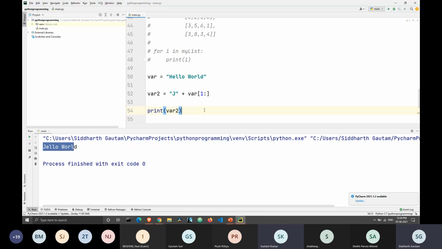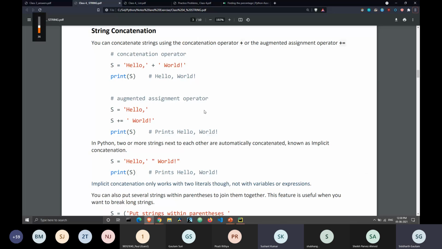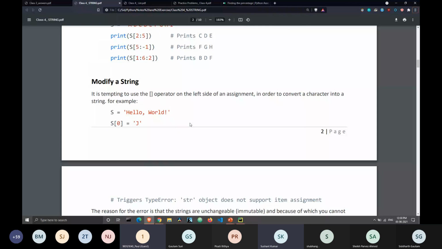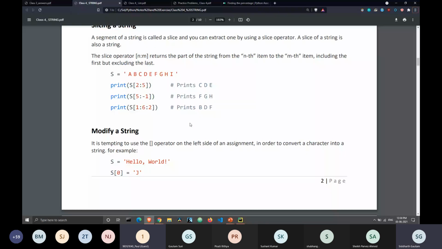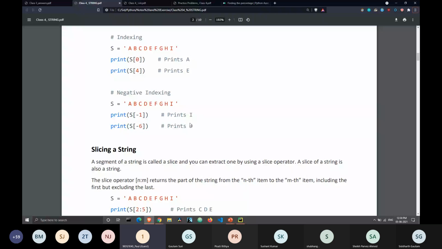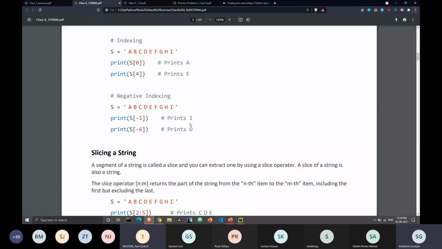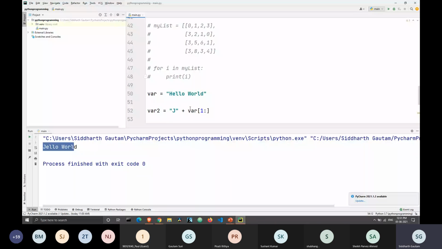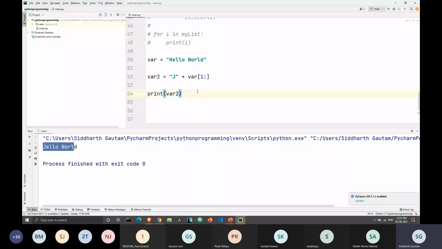I couldn't understand. I think he wants to go to the PDF, which will explain. Okay, here. And here you want to go a little up. Yes, go up, sir. Here, this one. Please go down. Okay, this indexing part. No, slicing. Okay, slicing. Let's take a look at slicing again. Let me comment this out.